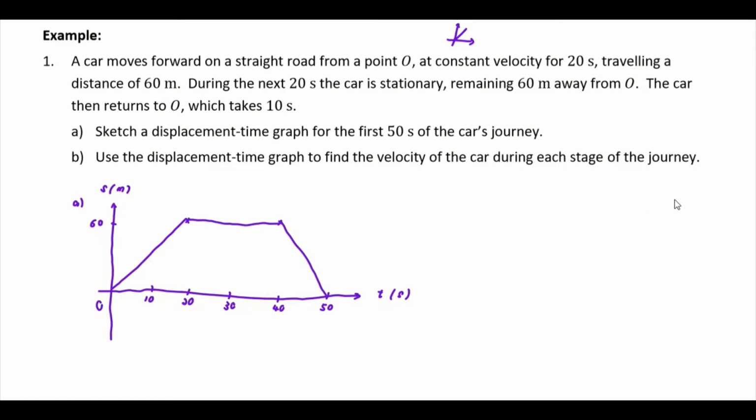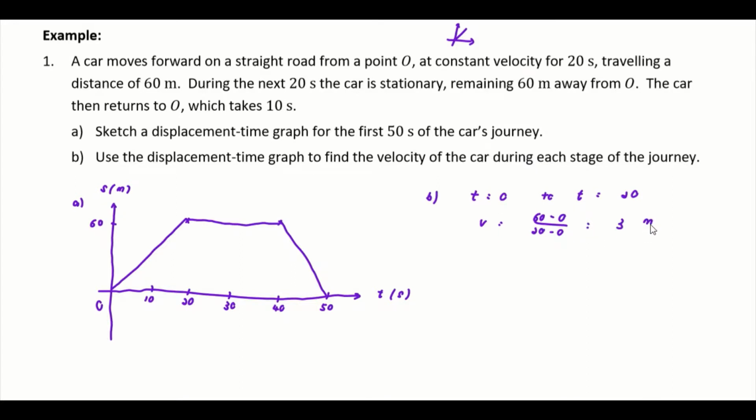So after that, B: use the displacement-time graph to find the velocity of the car during each stage. Okay, so what is meant by each stage? As I mentioned before, if you want to use the gradient, it should be constant velocity only. So the different stages will be stage 1, stage 2, and stage 3. From t equals 0 to t equals 20, what is the velocity? We can use the gradient, right? So this one is 60 minus 0 divided by 20 minus 0, and we get the answer of 3